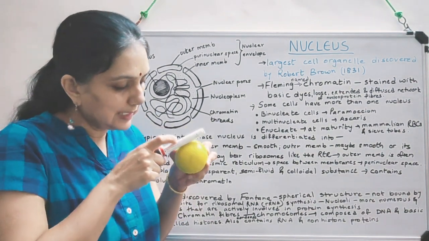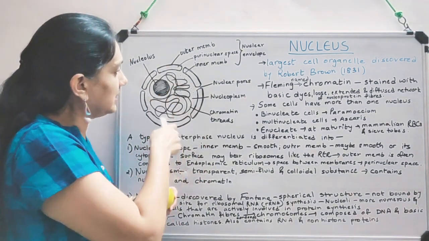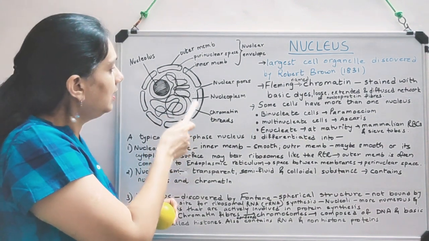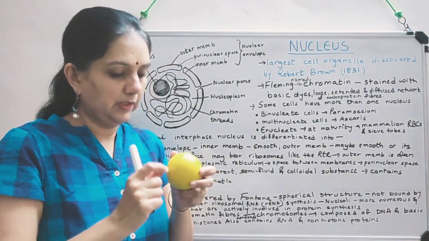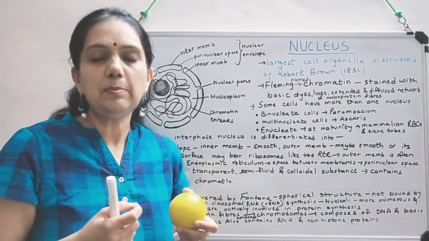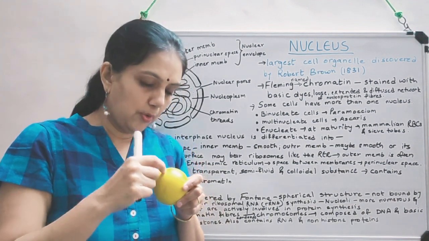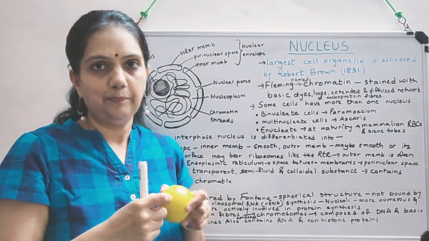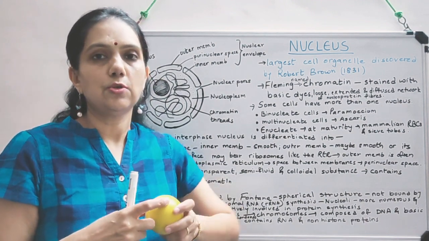Now if I cut a section out of this, a slice, this is what you will observe. So this is a section of nucleus, how it will appear when it is sliced. If I put toothpicks in this at various places and then bring them out, what will be formed? Pores will be formed. You agree with this? If I prick this soft ball with toothpicks, then there would be pores inside them, right? I prick them and bring the toothpick out. So there would be formation of pores.